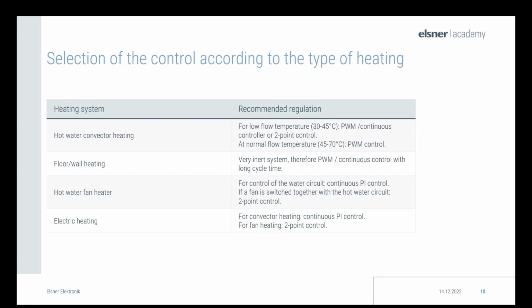As mentioned before, there are several differences, so you can't always use the same PI control for each heating system. Let's have a look at this quick overview of the different heating systems. You have the hot water convector heating. Here the recommended regulation for a low flow temperature of 30 to 45 is pulse width modulation, the continuous